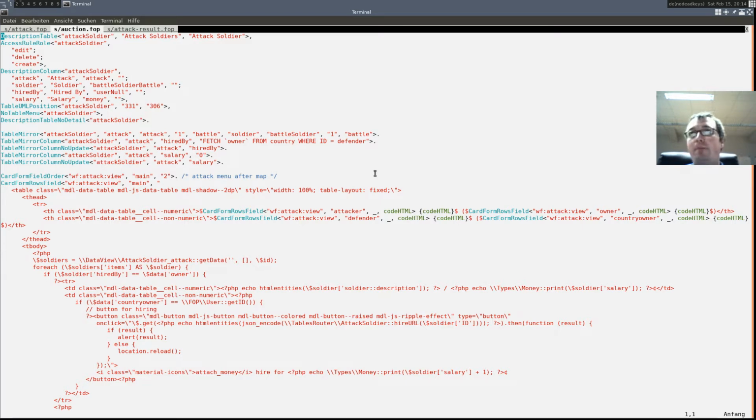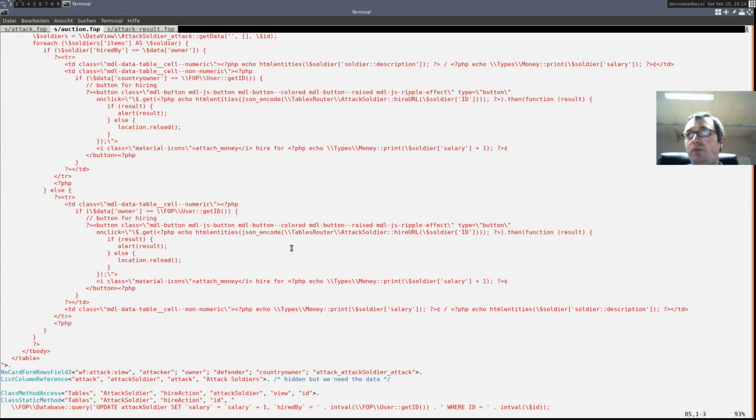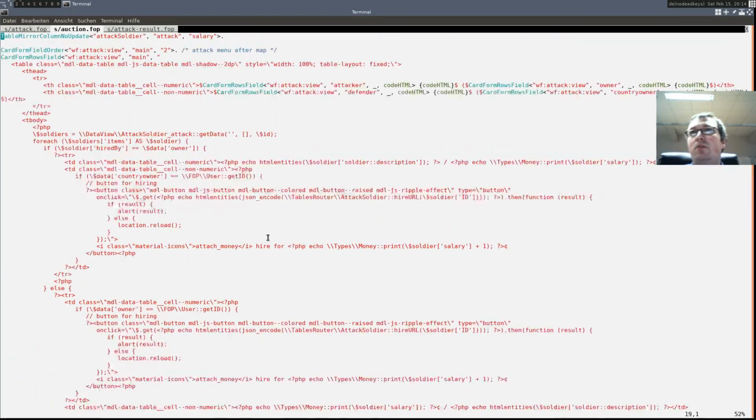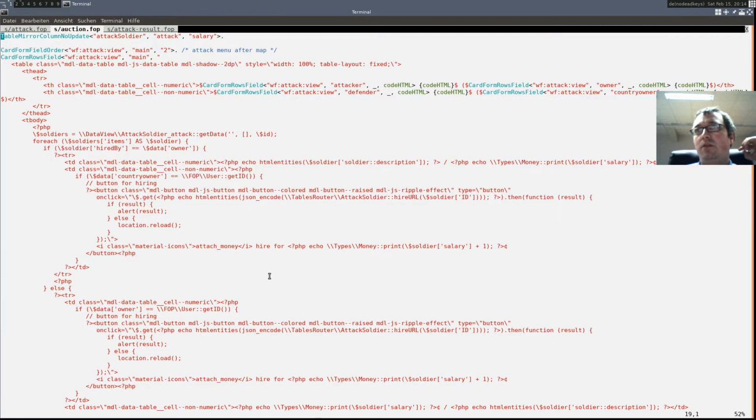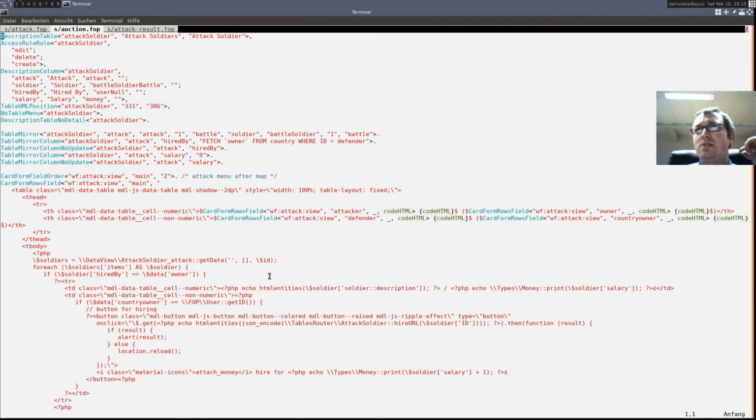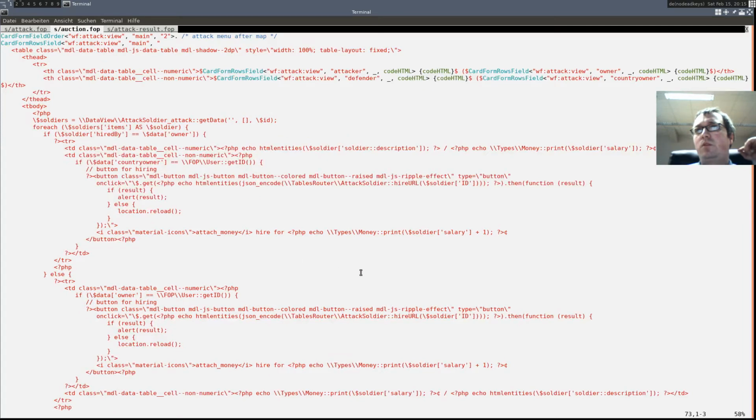Okay, now we have our auction code. This is our auction code, and before we add 4, 5, 6 buttons, we should decide to kind of template the whole thing, like a hire button.